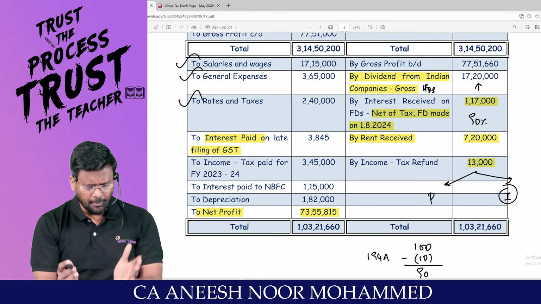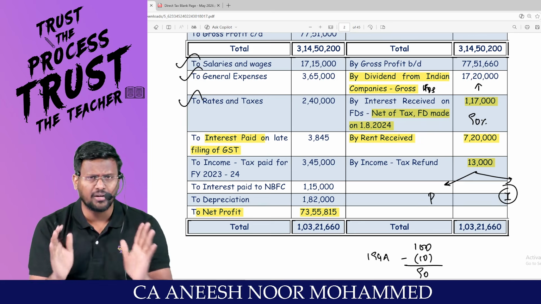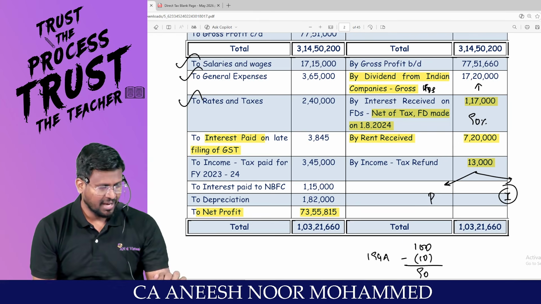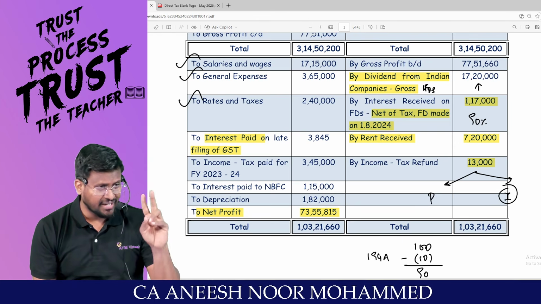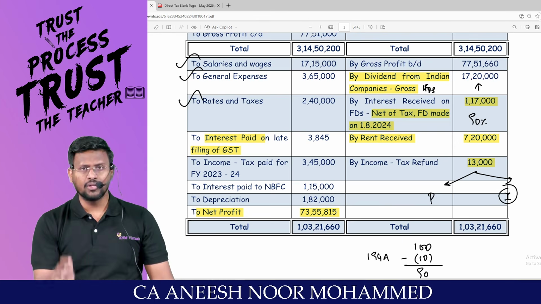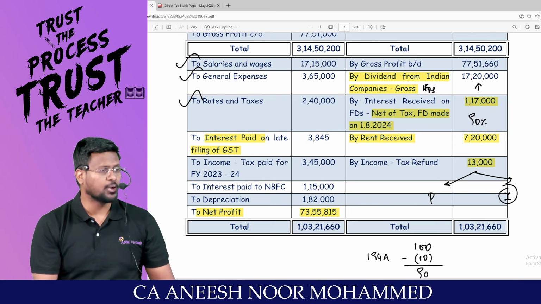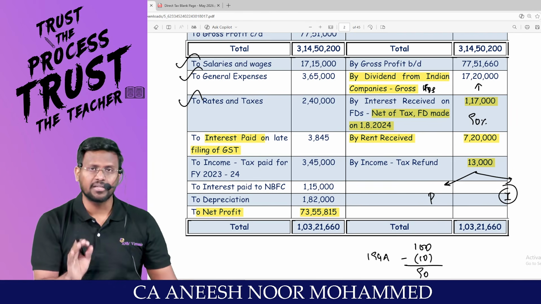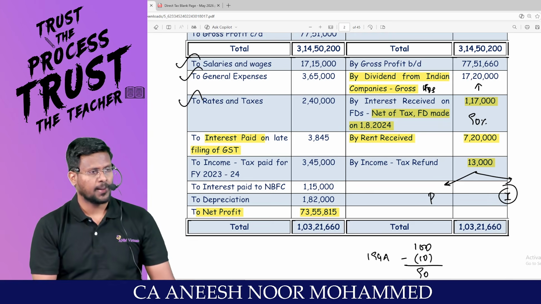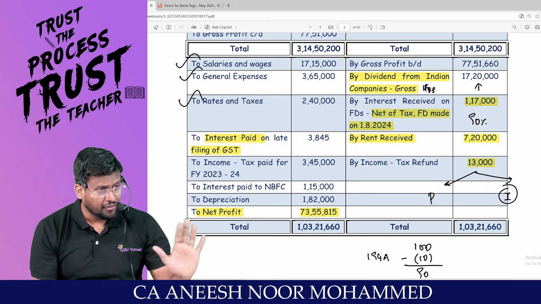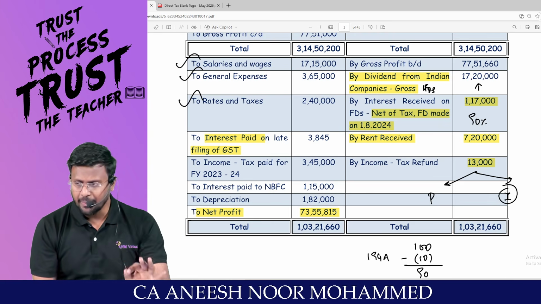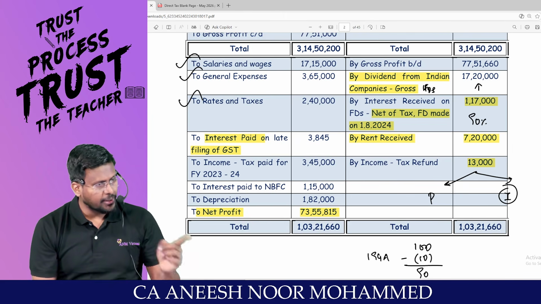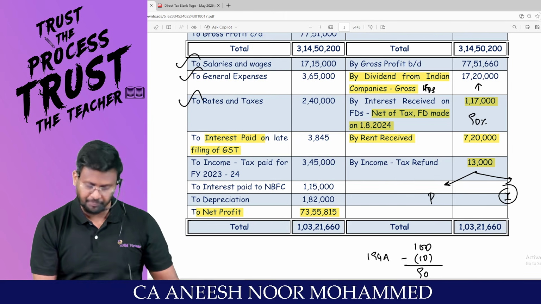For example, I am liable to make a statutory payment on the 10th of the next month, but I have not paid within the 10th. I am paying on the 12th. There is a delay of 2 days. For that delay, I am liable to pay interest. That is compensatory in nature, so that can be debited to the P&L account, because it is not infraction of law. Whereas penalties are infraction of law. If that is debited to the P&L account, it should be added back.